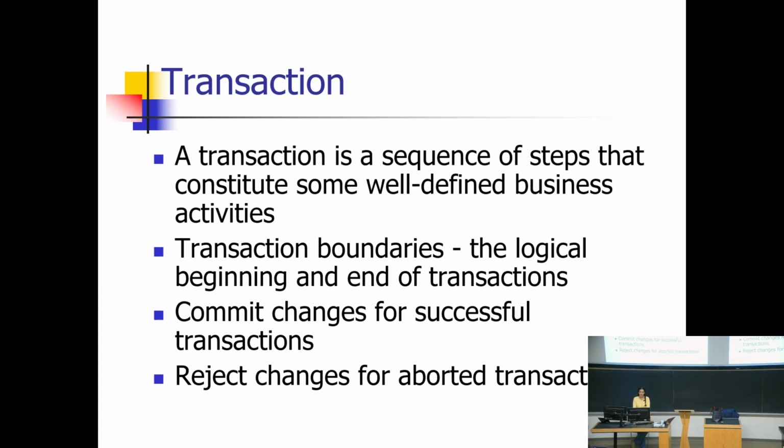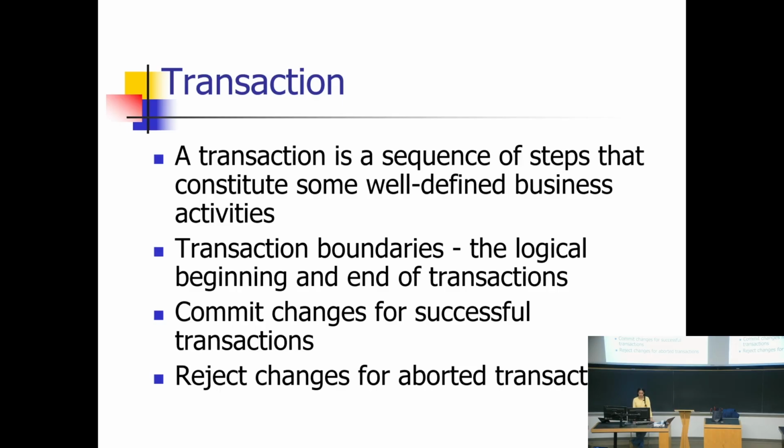So, a transaction is a sequence of steps that make a meaningful business action. Like, for example, when you place an order, when you purchase something. So these kinds of transactions cannot be partially done, right? So either the transaction is done or it's failed. And this is very important because we don't want to have any uncommitted updates or any other unsafe